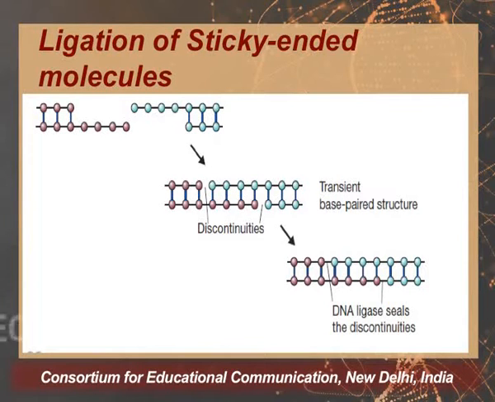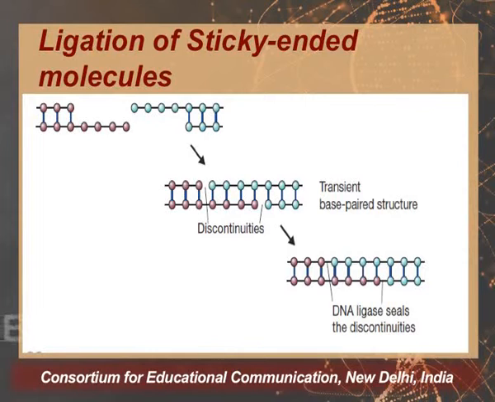It can be a 5' overhang or a 3' overhang, but it will be an overhang. Overhang basically means the single stranded portion which is there. So you can see that the restriction enzyme has produced sticky ended molecules, and DNA ligase can join these